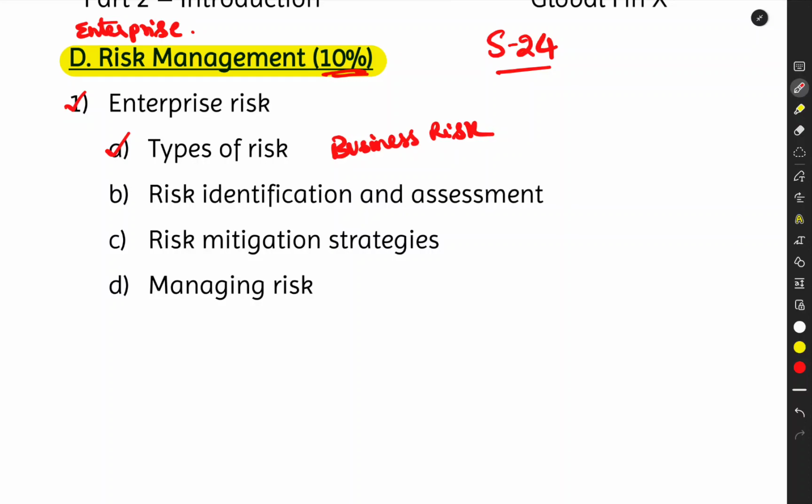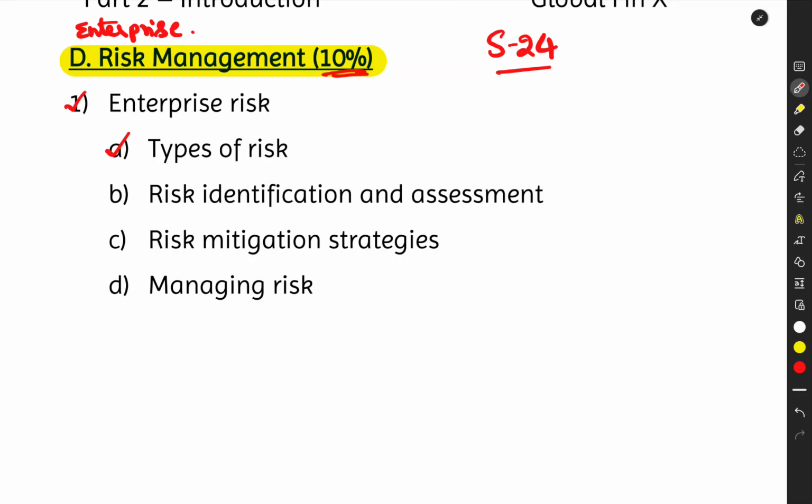Similarly, there might be hazard risk. Hazard risk means there could be a fire accident, a flood, or a cyclone, or whatever it is, natural or man-made. There could be risk due to hazards. Then there are financial risks, like you are not able to make profit, you are unable to pay your interest on time, you are unable to share dividends with your shareholders, and stuff like that. Then you might have strategic risk. You are following a bad strategy, because of that you are running into losses and all that. So there are different types of risks that an organization can have.